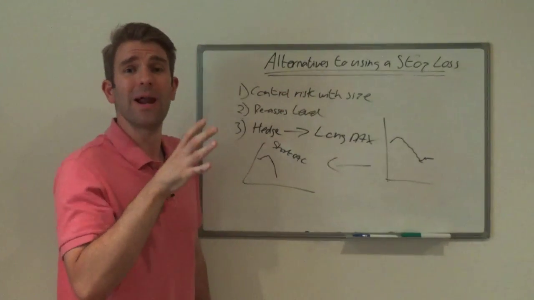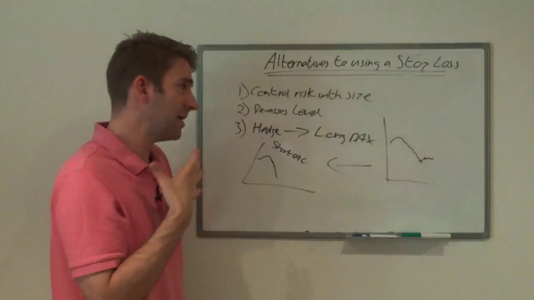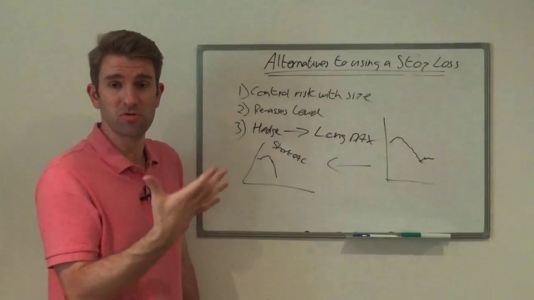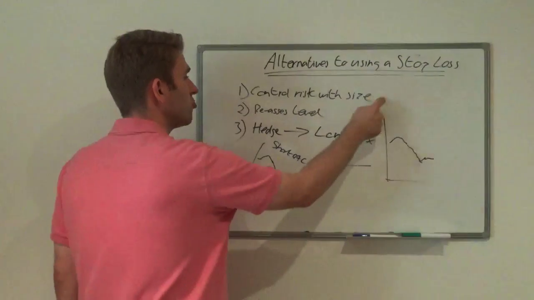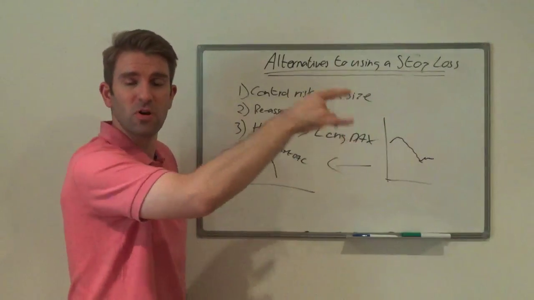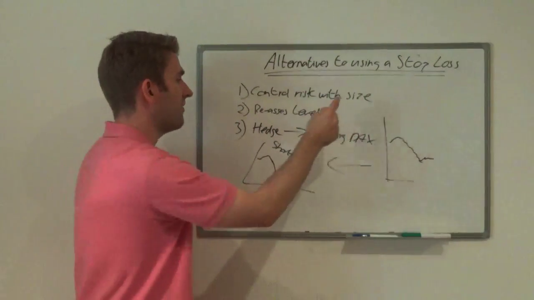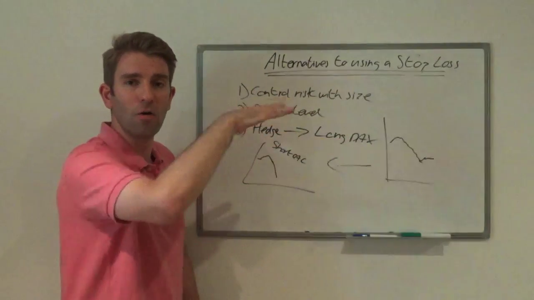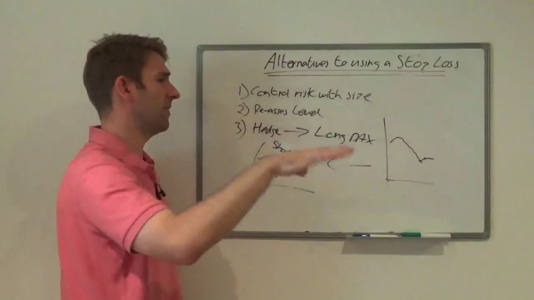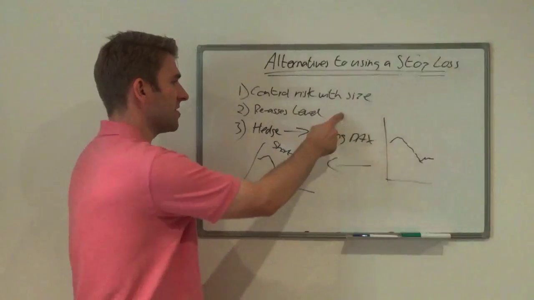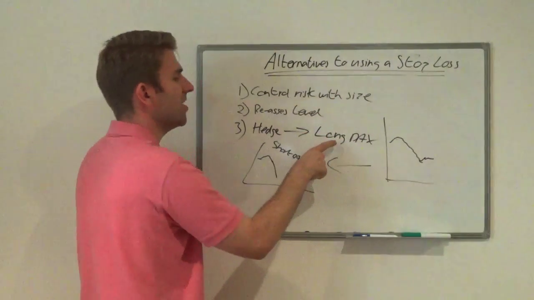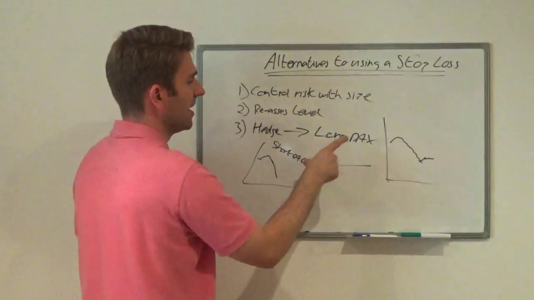In other words, you don't have to. I would recommend using a stop loss in most scenarios, but there are guys out there who are not using a stop loss and doing very well. Controlling risk with size, very, very small size, trading around a core, having a reassess level instead of a fixed stop level. They look at it and reassess it. Obviously, they might have a fixed stop level after that, but they reassess whether to keep the trade or not, and then hedge with an opposing pair trade on a very, very similar instrument.